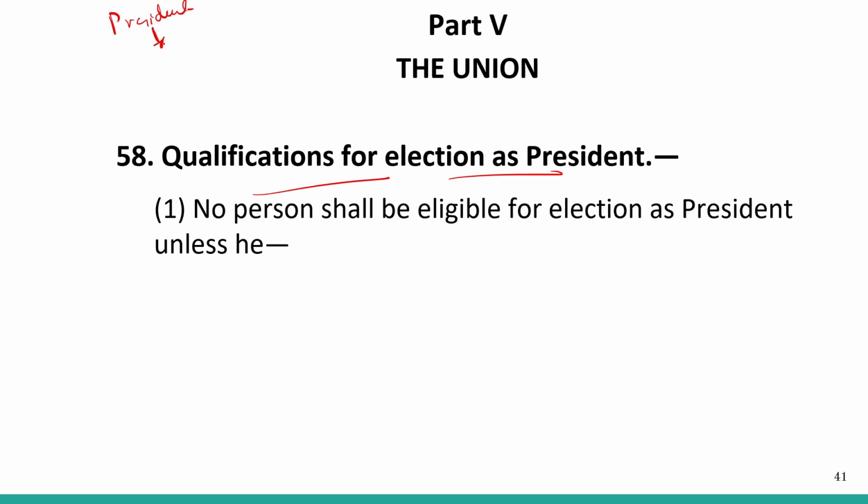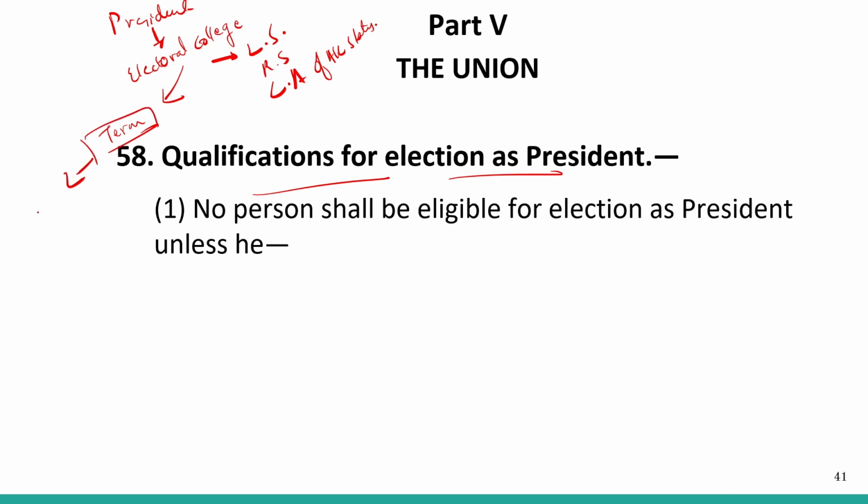How will the president be elected? Election will take place through an electoral college, which will consist of the Lok Sabha, Rajya Sabha and legislative assemblies of all states. The term will be 5 years, but it can be reduced or increased by impeachment